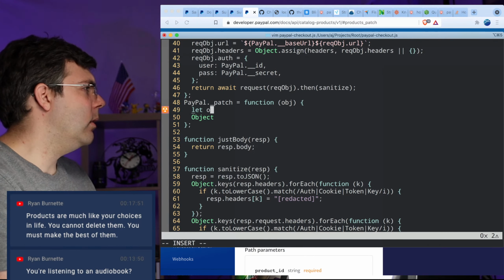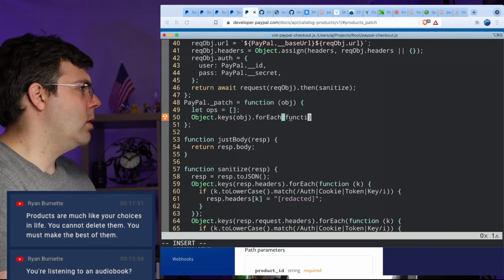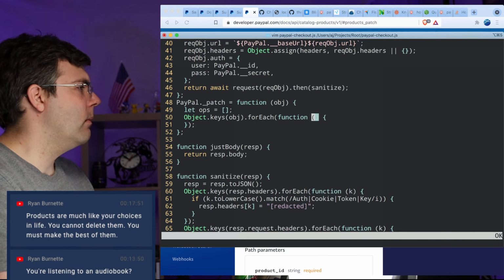Ops, I guess? So we're going to do let ops equals array. Do Object.keys.forEach. Interesting.